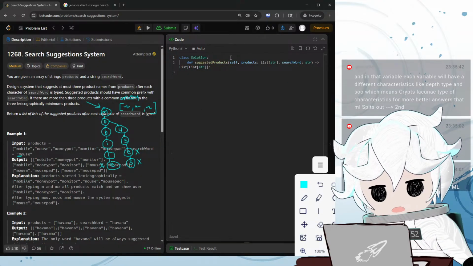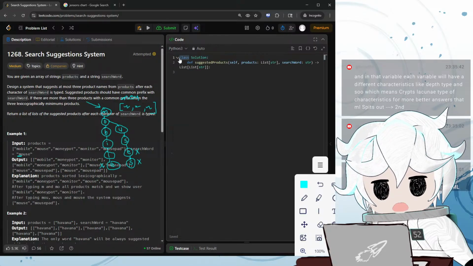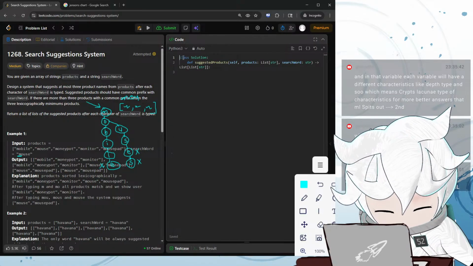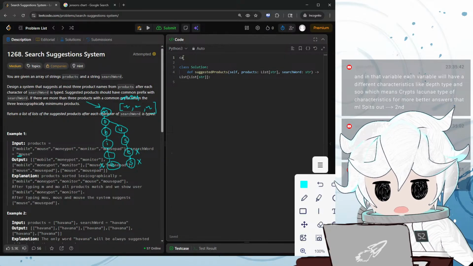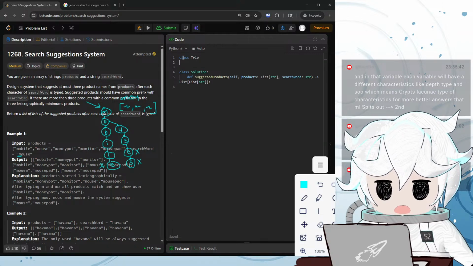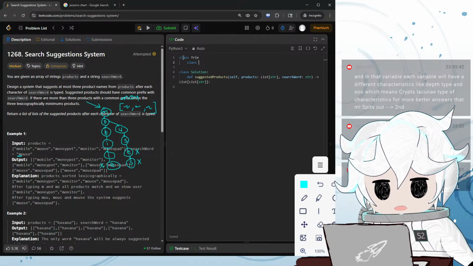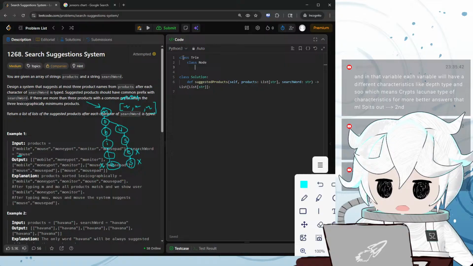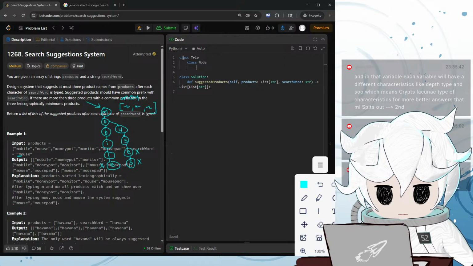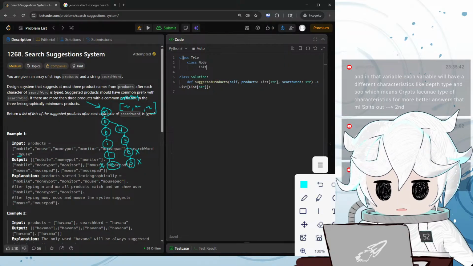Should we start off with a trie? It's time to trie. Okay, class Trie, and in the class we'll have a TrieNode that has an init function,